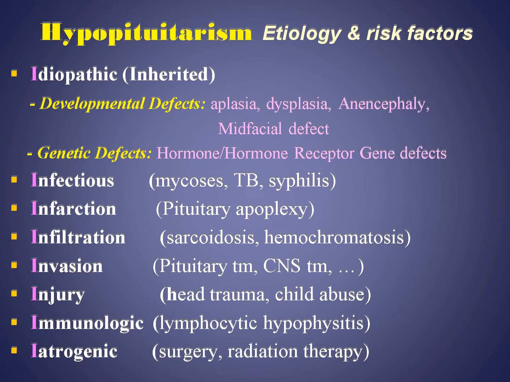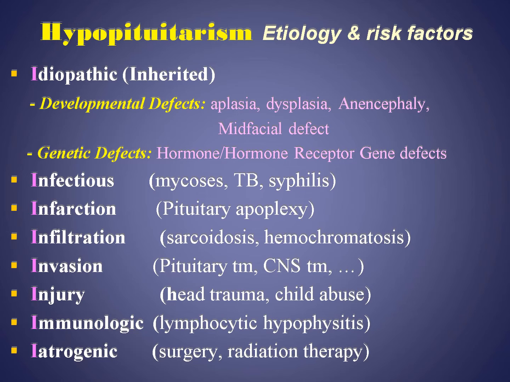Injury. One of the most important causes of hypopituitarism is fractured base of skull. As we know from the anatomy of the pituitary gland, the pituitary fossa is present at the base of the skull. Immunologic disorders, such as lymphocytic hypophysitis, where the pituitary gland is infiltrated by abnormal lymphocytes resulting from autoimmune mechanisms, or iatrogenic causes, like surgical injury of the blood supply to the pituitary, or injury of the pituitary stalk during surgical maneuvers, or radiotherapy in case of